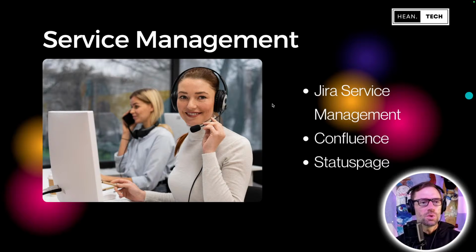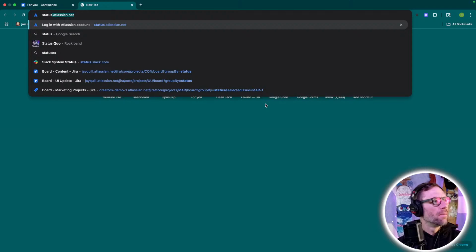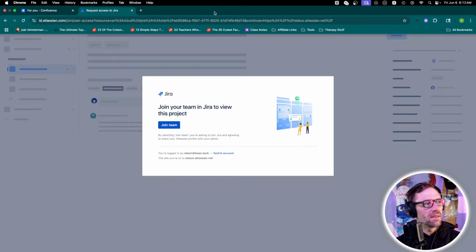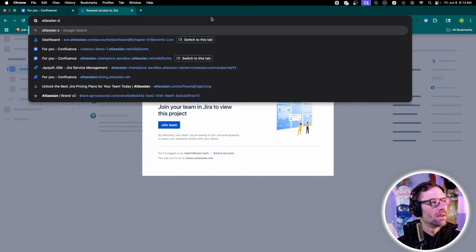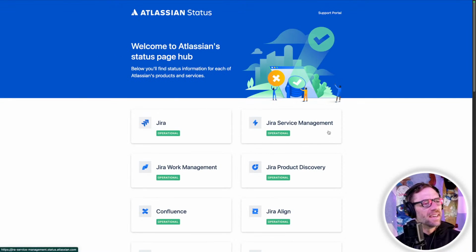It's the page you go to, and maybe I'll pop into this right now. If you ever have gone to status.atlassian.net, oh, is that not it? Oh, man. I got it wrong. Status.atlassian.com, excuse me. I always get their .com and .net domains mixed up. .net is for instances. .com is their website.